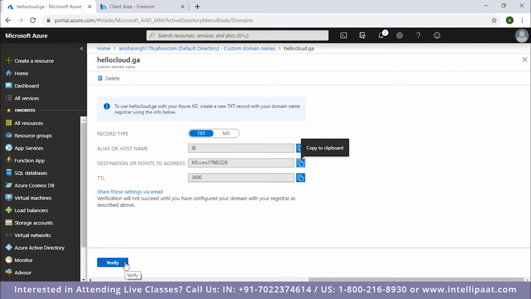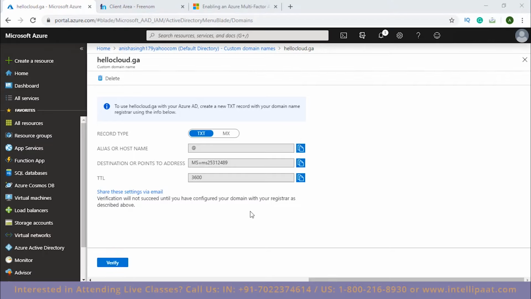So if an error comes up, you don't have to worry about that because it will eventually get verified. You can just come up again and try it in another 10 or 15 minutes. It'll happen for you eventually. But the first time you try to verify it, it might give you an error saying that it can take up to 72 hours for registering or verifying the domain name that you're trying to create, right? So let me show you what this error is that I'm talking about. If I click on verify right now, it's going to give me an error like I've already said.